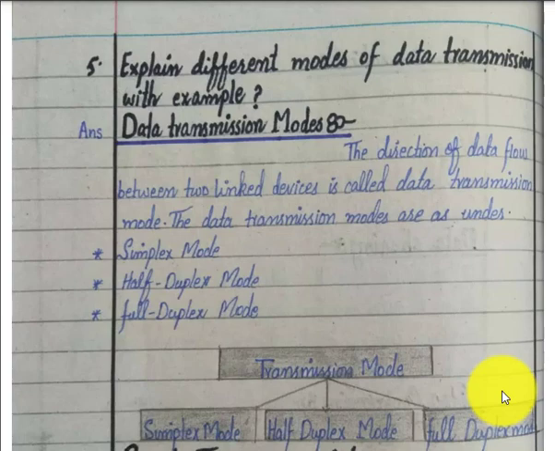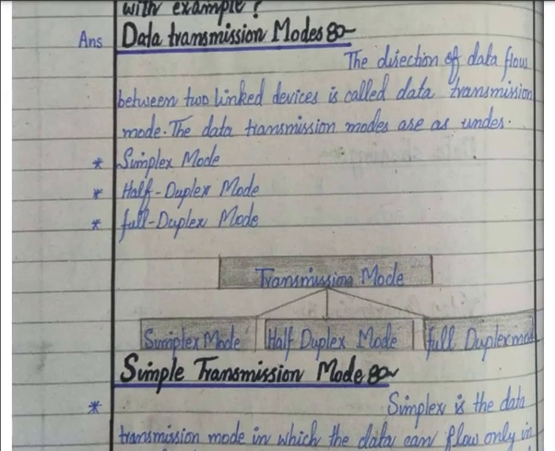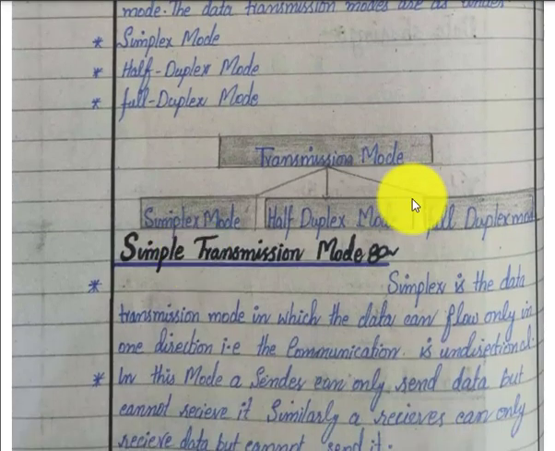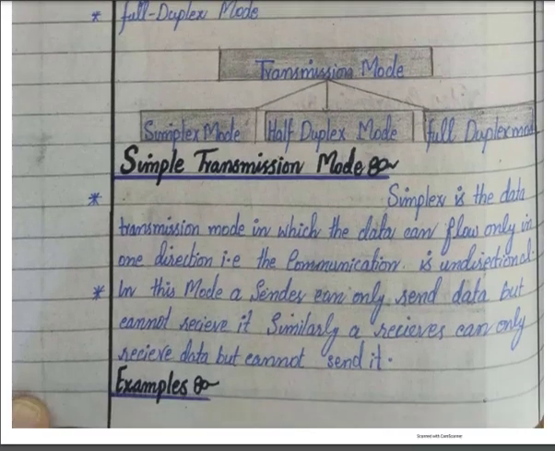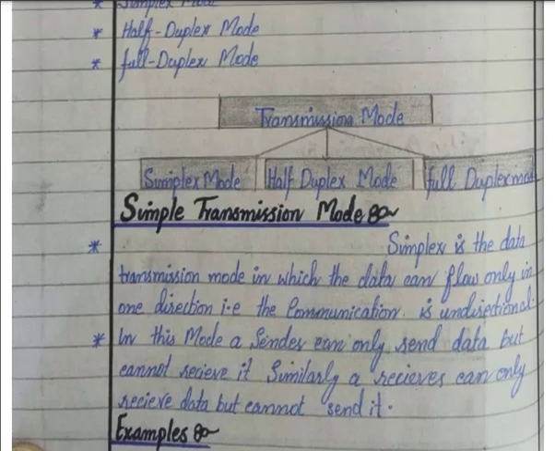So we have three important data transmission modes: simplex mode, half duplex mode and full duplex mode. So you can see here these are three different transmission modes: simplex, half duplex and full duplex. Now what is a simplex transmission mode? Simplex mode is